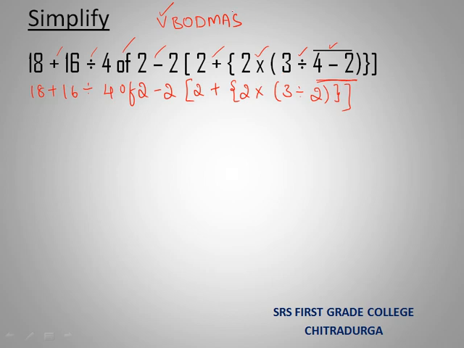First vinculum, means the bar bracket, is over. What is the next one? That is bracket. Search for the brackets. As I told earlier, three brackets are there: one is normal bracket, next is flower, and the last one is square bracket. First you need to solve the normal brackets, means this one.